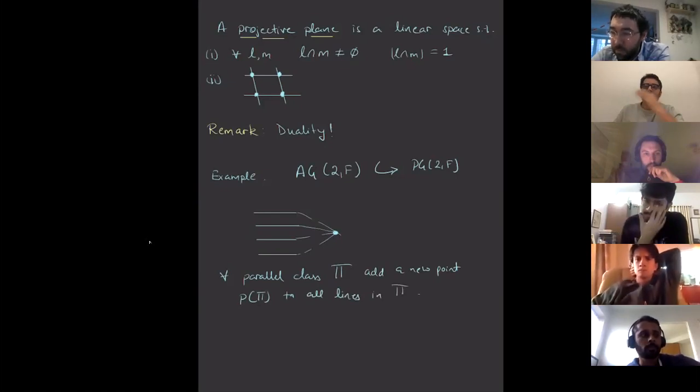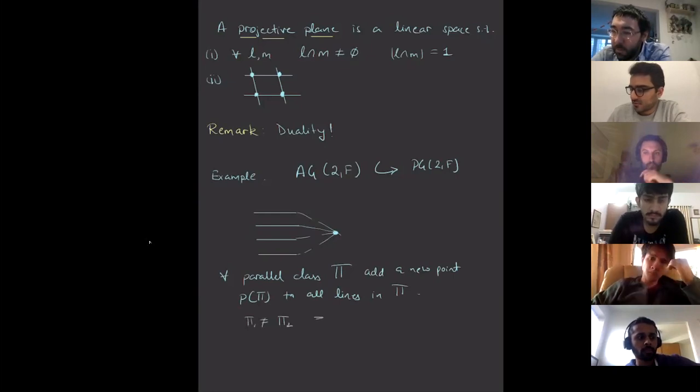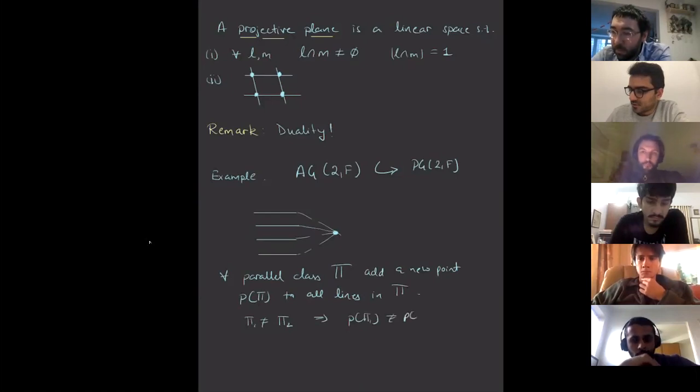And for different parallel classes, we will have different points. So if pi1 is not equal to pi2, then these points are also distinct. We are ensuring that. Okay, so we're adding exactly as many new points as there are parallel classes in your